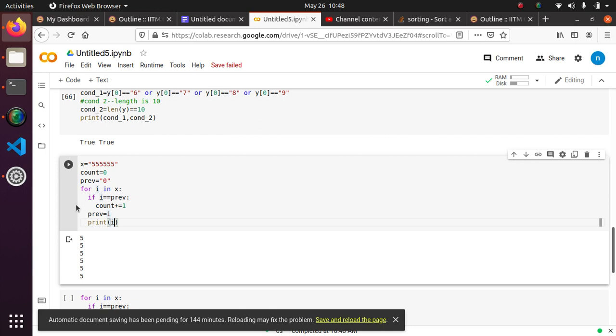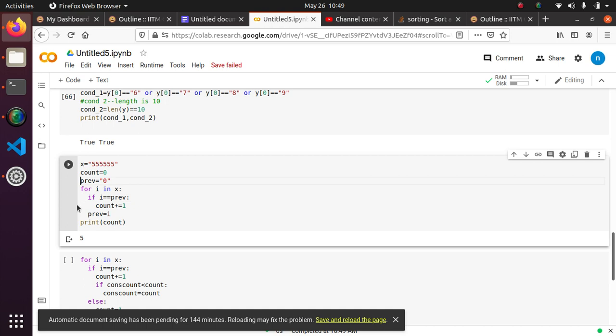So when we check for count, it will print as 5. But let us take this out of the loop. It says that it has been repeated 5 times, but note that initially we are taking the count as 0, but let's take it as 1, because for the first number we need the count to be 1, right?